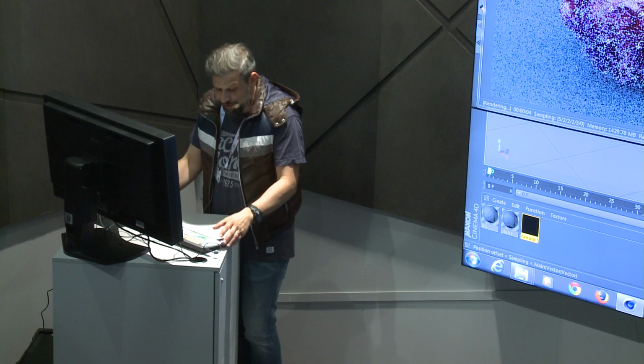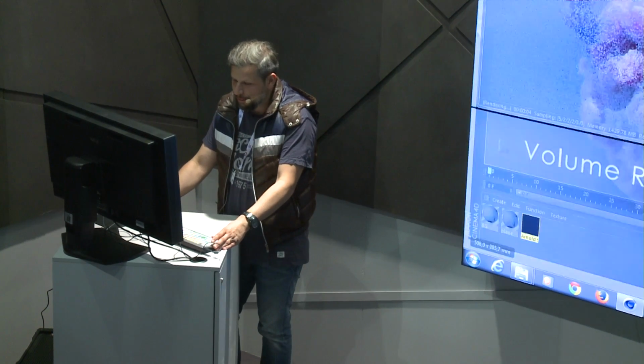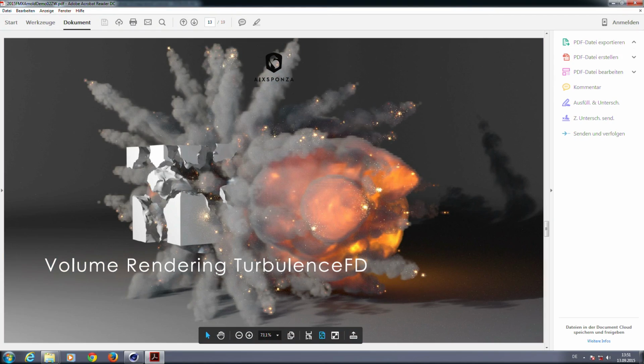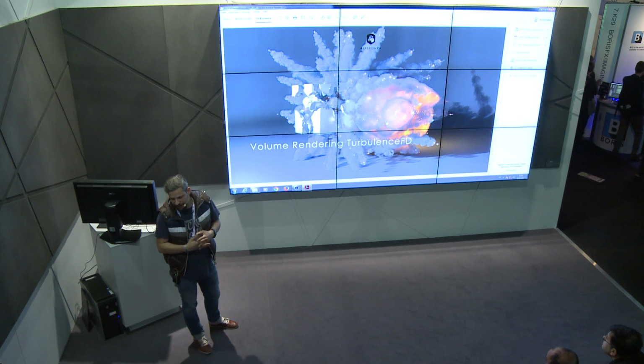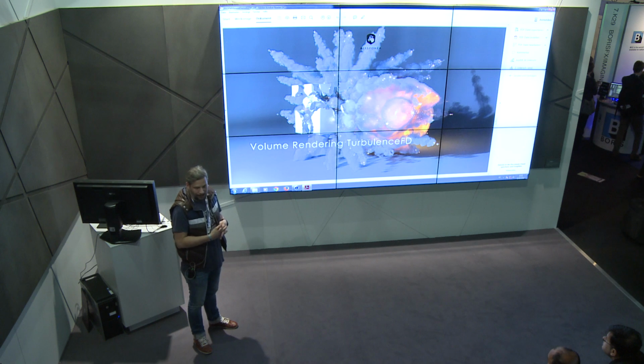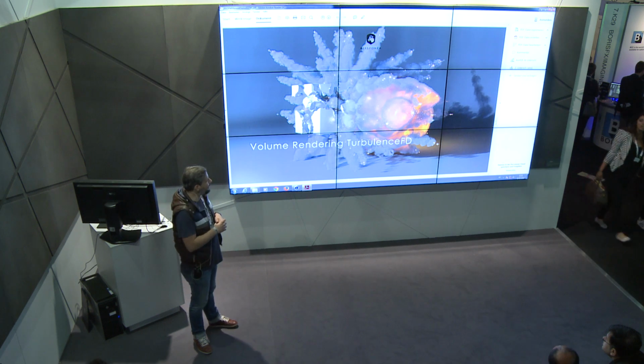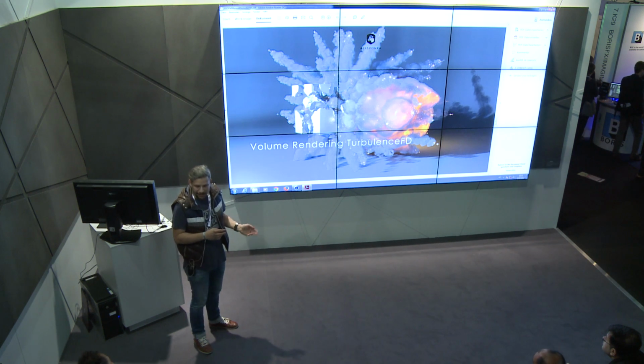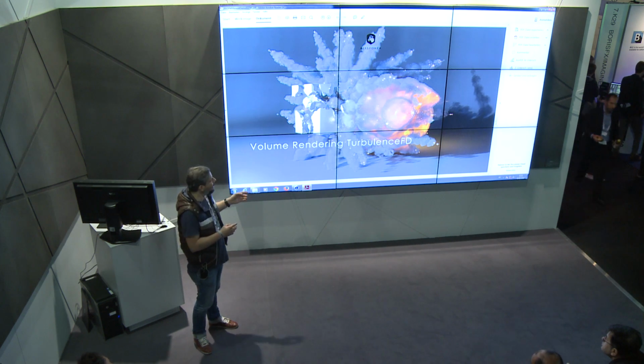And the possibilities are really there. And unfortunately, I cannot show this live here because I have no license of Turbulence FD running. But the good thing about the Arnold integration is that they are embracing third-party plugins. Not only are they supporting X particles, but they are supporting Turbulence FD directly. And that means that you can create Turbulence FD simulations and render them in Arnold directly, including all the other